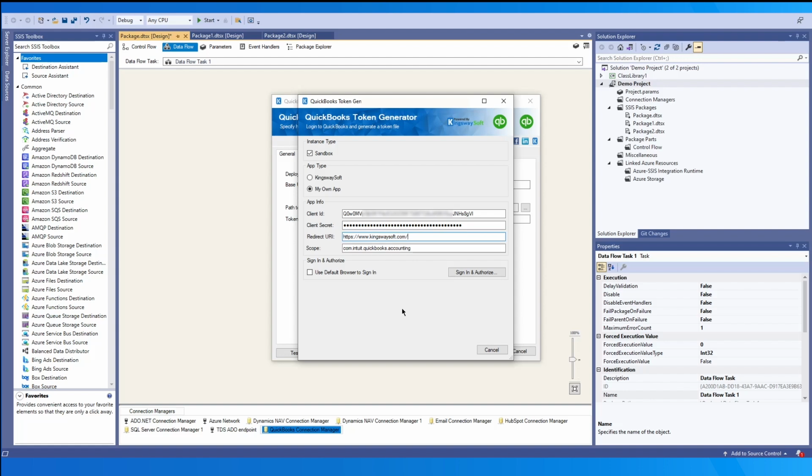In the same developer page found under the redirect URI section, a new one may also be entered after your app is already created. For the scope, our component provides one by default, but you may edit this field. You may enable the Use Default Browser to sign in if you want to use your computer's default browser, or if left unchecked, the authentication process will be done within our component.